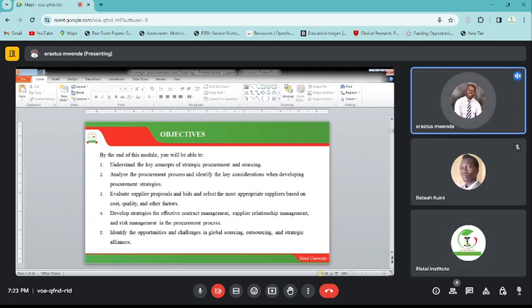Preferences go hand in hand with what we call taste and preferences. Different clients will have different tastes and preferences. I have some students I am handling somewhere, and they told me they love the physical class where we interact face to face. But among these students, there is somebody in Somaliland. So that means he cannot be physically in Nairobi. So we have to tailor-make something that suits them. That is what we call preferences and requirements.